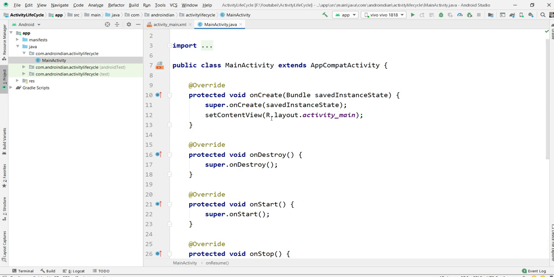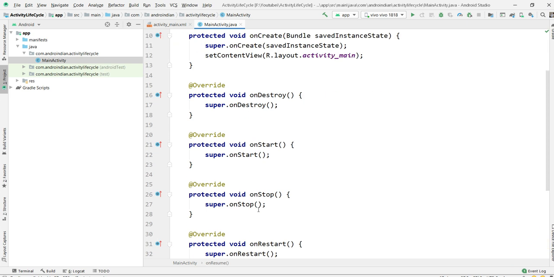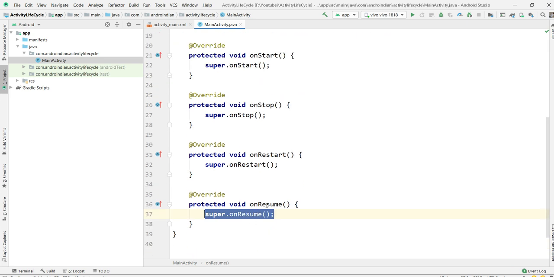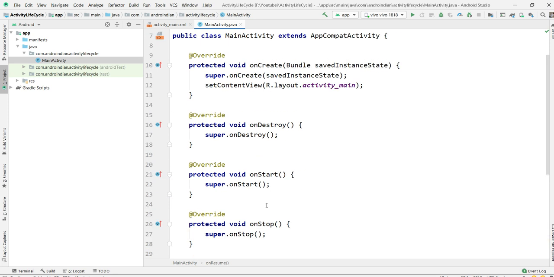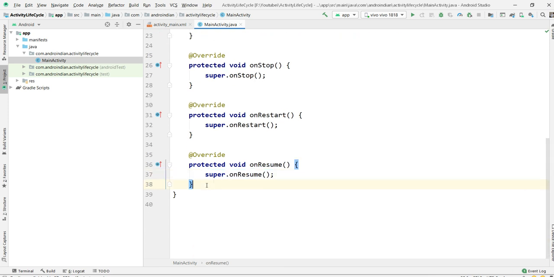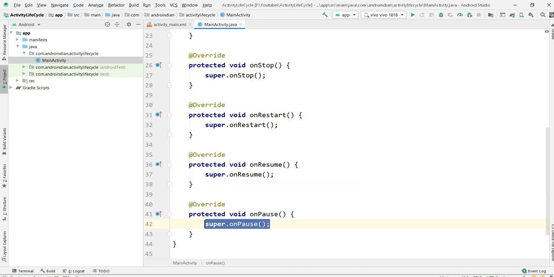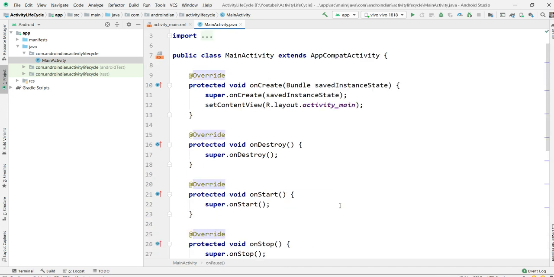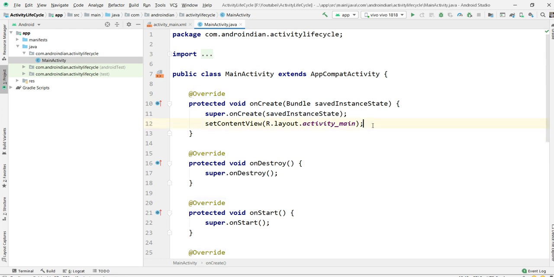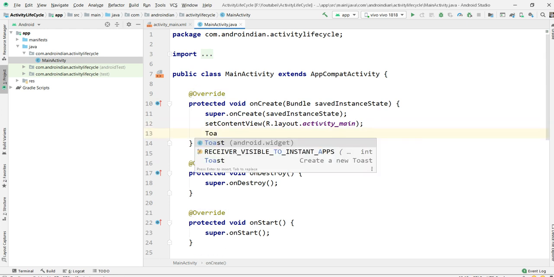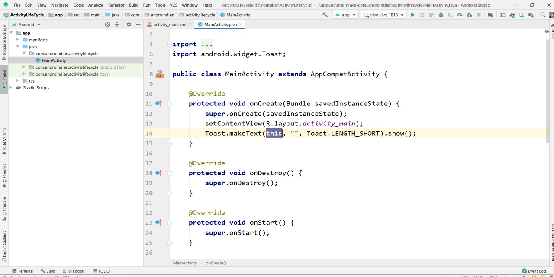So 1, 2, 3, 4, 5, 6. One is missed, onPause is missed, so now I'm writing onPause.